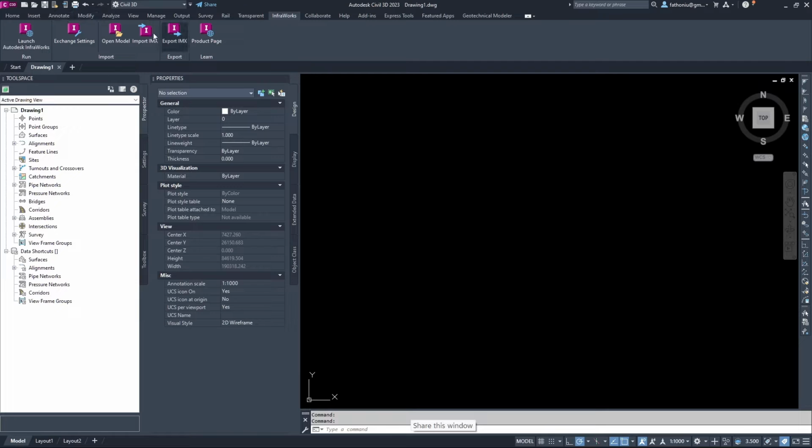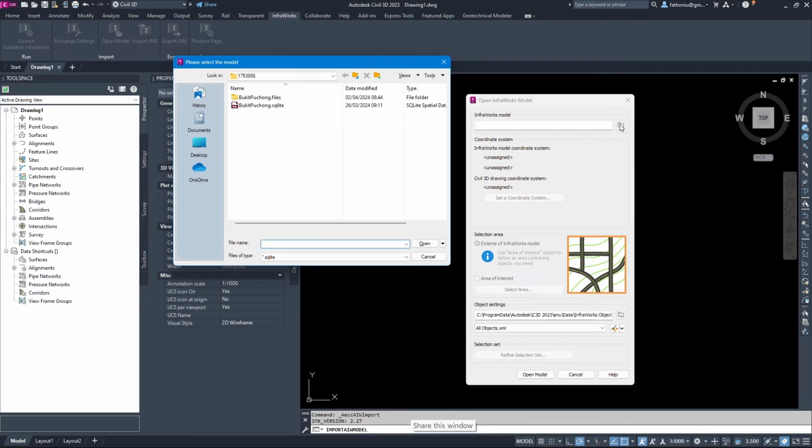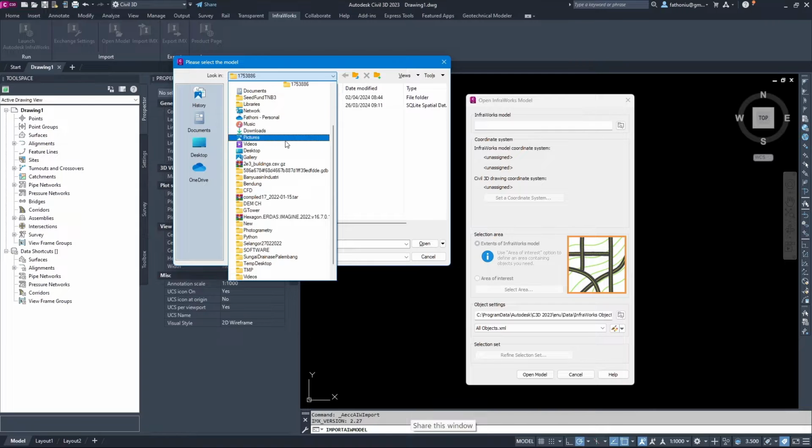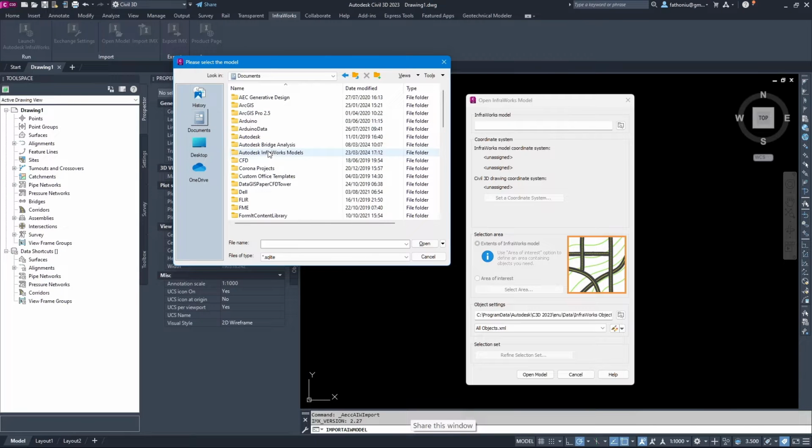Here we have open model, so let me click it and then we open the model. So we have to know where the model is located. In my case, it is located under the Documents folder, then Autodesk InfraWorks Model.